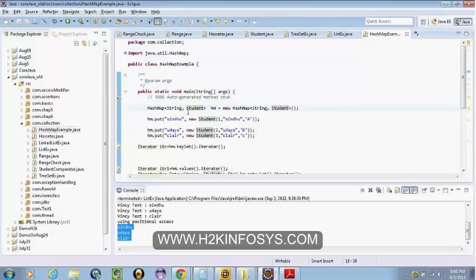And when we try to put elements into a hash map, we are storing a key and a value. The key is the name of the student and the value is the entire student object. So at a later point of time, if I give the name, I'll be able to get the entire student object from the map. So we have added 3 elements. Folks, observe in collection, in list and set, we have an add method to add elements. And in map, to put a key value pair,